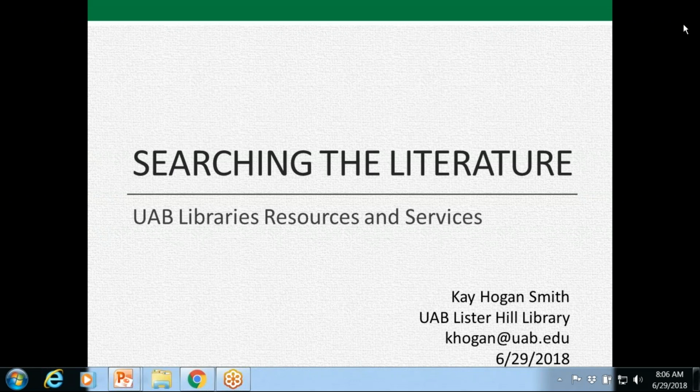Our speaker today is Kay Hogan-Smith. She is the Senior Research Reference Librarian here at UAB, the Lister Hill Library. Her and her team, Carolyn Holmes and Dorothy, are folks, if you stay in academic medicine, that you'll either hear here or elsewhere that there'll be a librarian that you're going to get to really know very well as you do research for grant applications, backgrounds on questions.